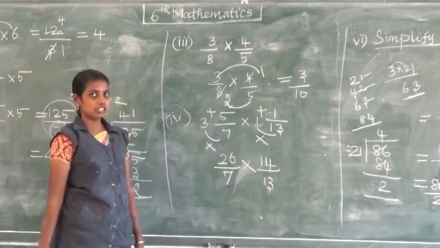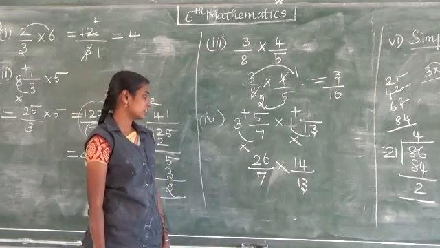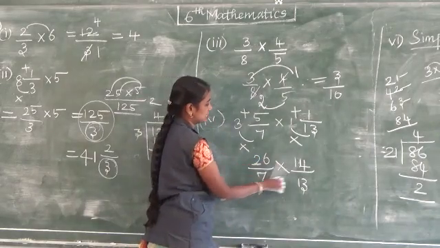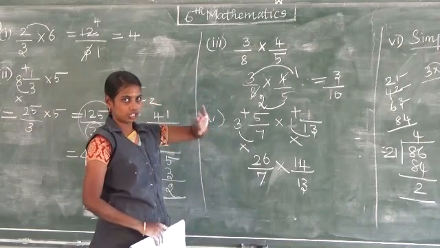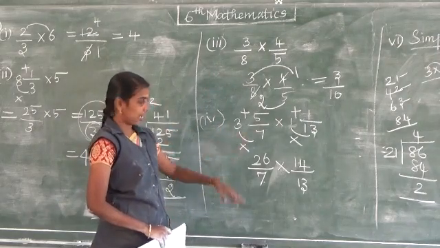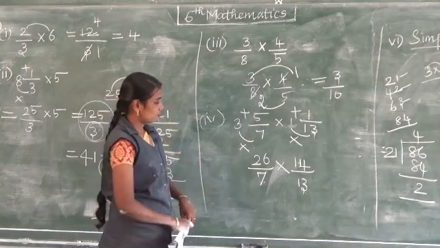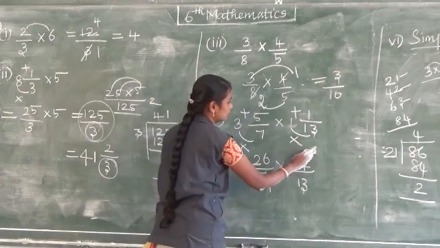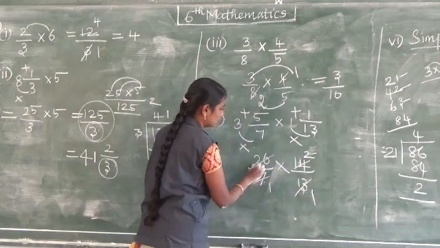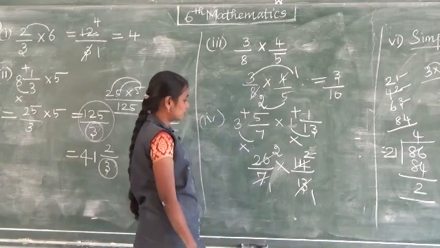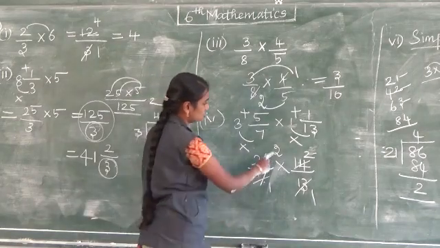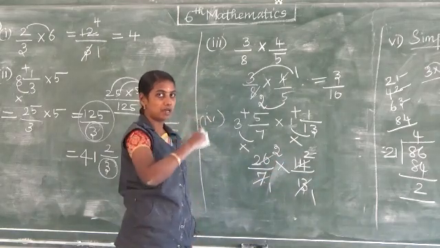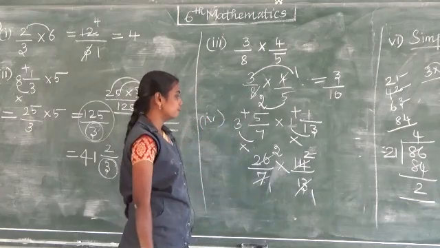Okay, now either you can cancel or not. You can cancel numerator and denominator only. Don't cancel this and this and this and this. Up and down only you can cancel. 7 table, 7 ones are 7, 7 twos are 14. Next 13 table, 13 ones are 13, 13 twos are 26. So here can we cancel anything? Don't cancel 2 and 2, it is numerator. You have to cancel up by down or else down by up.